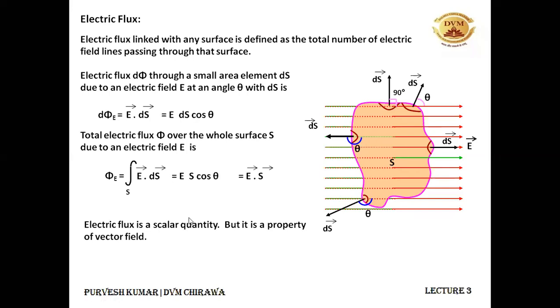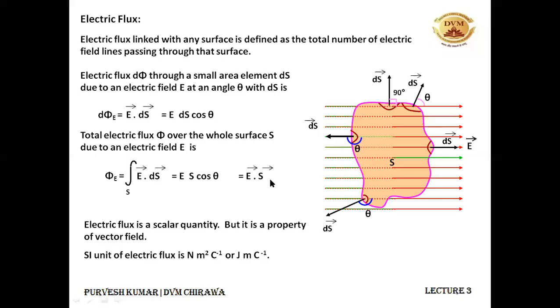Its SI unit is Newton meter square per coulomb, or you can say that is joule meter per coulomb. How did we get this joule meter per coulomb? We will be dealing with it in the next chapters to come. When we deal with the potential difference and all other things, then we will see how we derive this unit. Meanwhile, please keep in mind that the Newton meter square per coulomb is the unit of the electric flux. I do hope it is clear to you. Still, if you are having a problem, please ask.